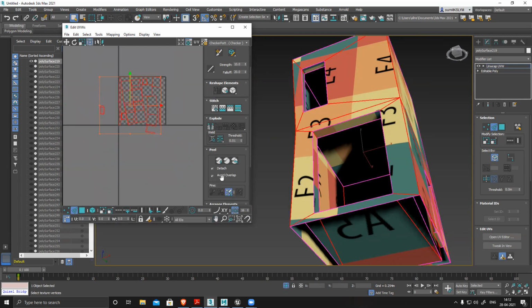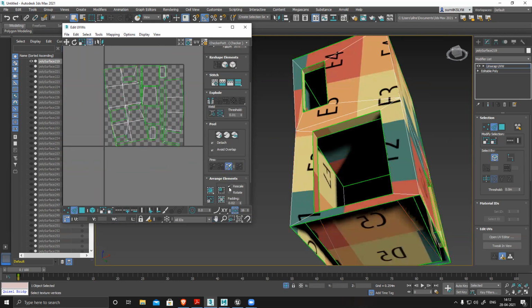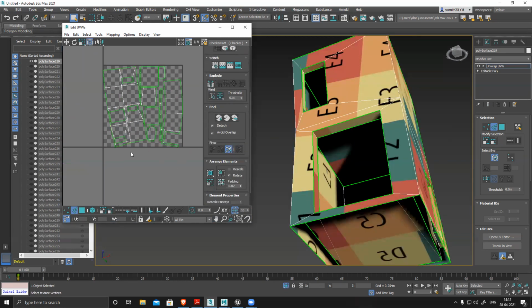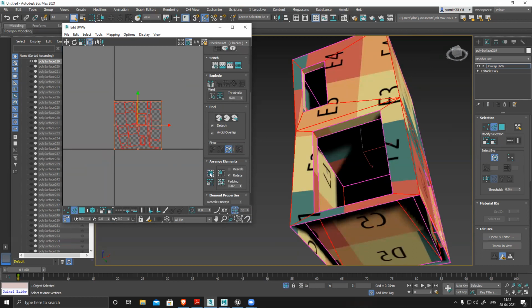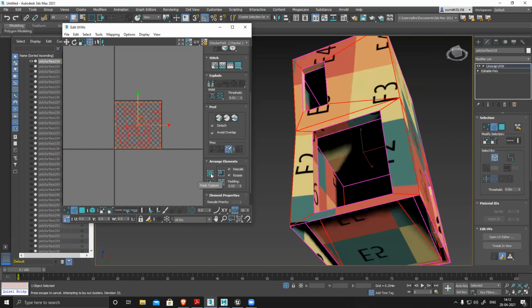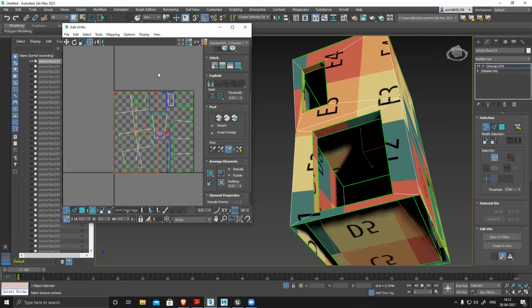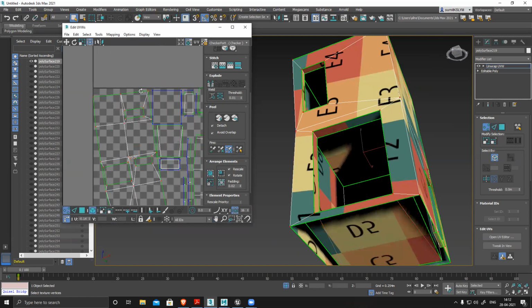Select everything. I can pack it. Rotation is off, so make sure rotation is on. Sometimes it works, sometimes it doesn't work. So what I'll do is select the element mode.